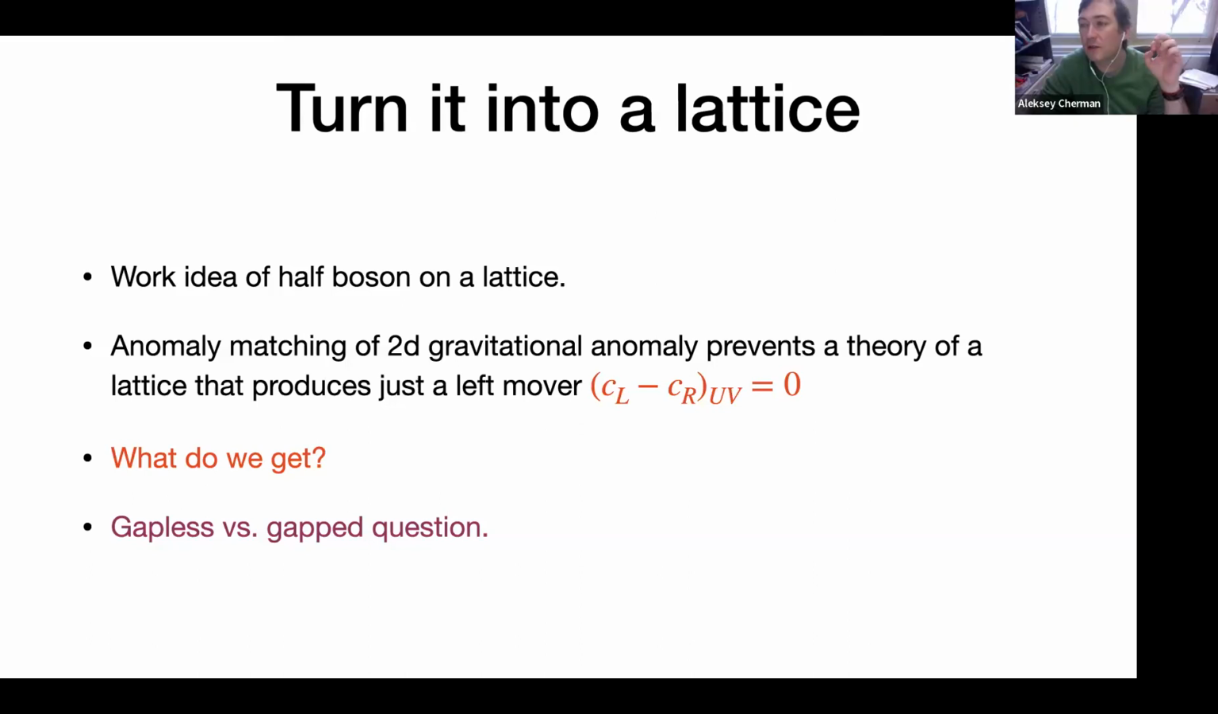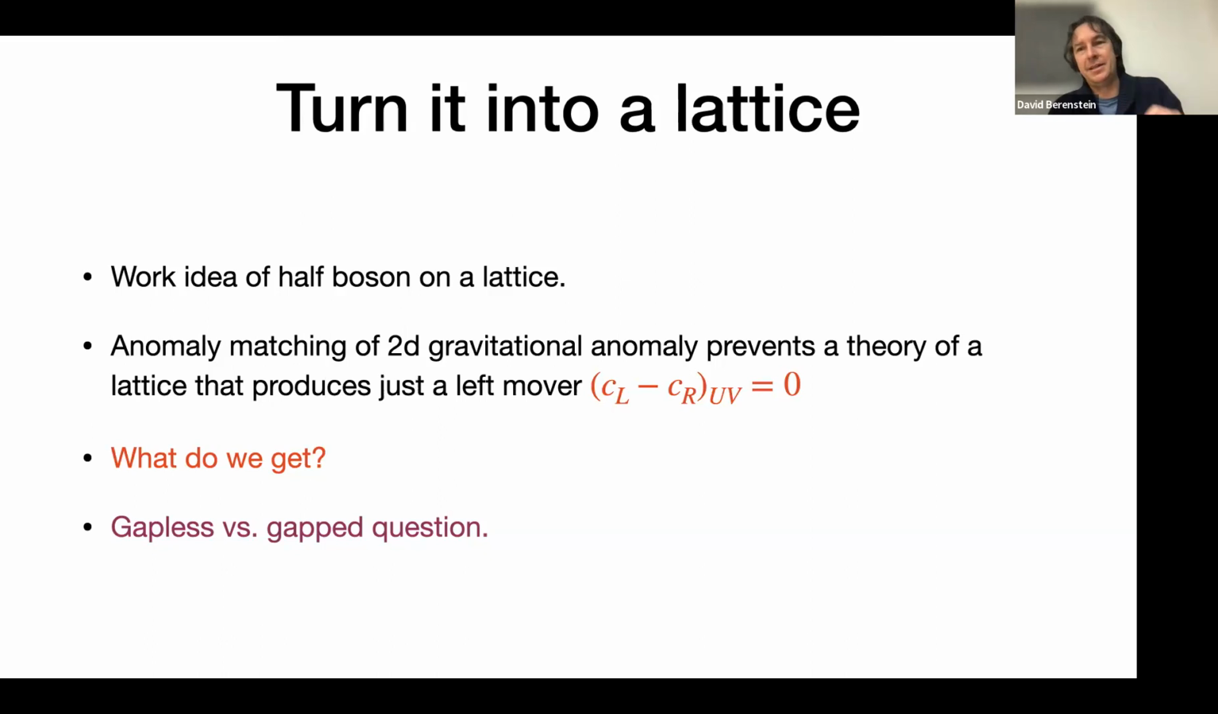Sorry, can I ask a question about that? Yes. I'm a little bit confused. So this anomaly here is a 't Hooft anomaly. Certainly in some cases, there are lattice models that can reproduce 't Hooft anomalies at finite lattice spacing. So what is special here that you cannot imagine having it? No, the idea is that in the